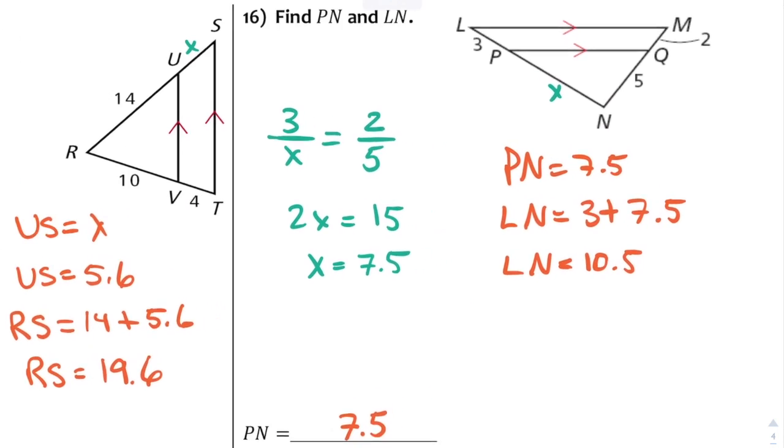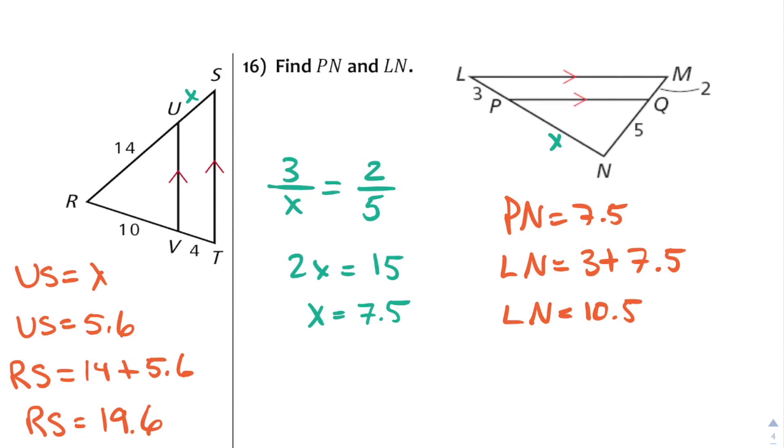Number 16, side splitter again. Cross product solve, you get 7.5. So PN is going to have to be 7.5, and LN,